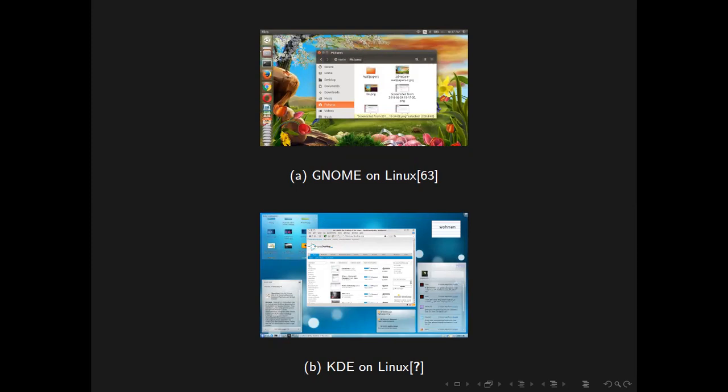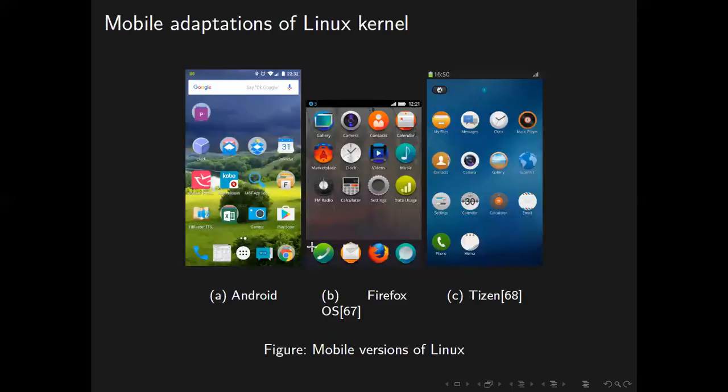Out of these two, GNOME has become the de facto standard for Linux operating system. Many professionals and novices use the GNOME desktop environment. Then the mobile operating systems: Android, Firefox OS, Tizen.